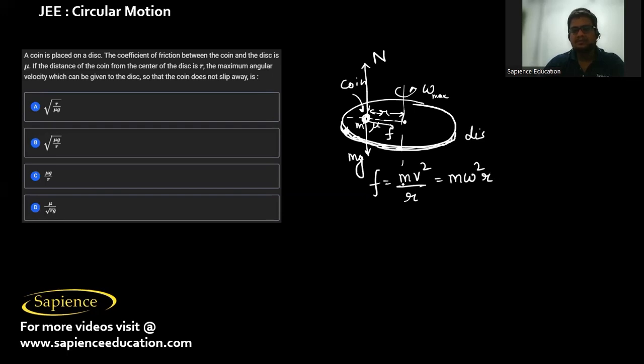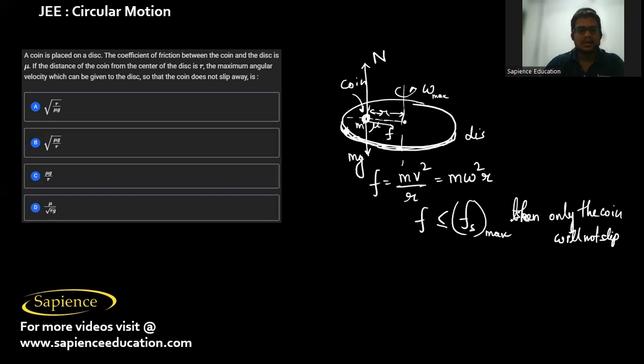That is, friction is providing the necessary centripetal force. And the friction should be less than or equal to the maximum static friction. Then only the coin will not slip away